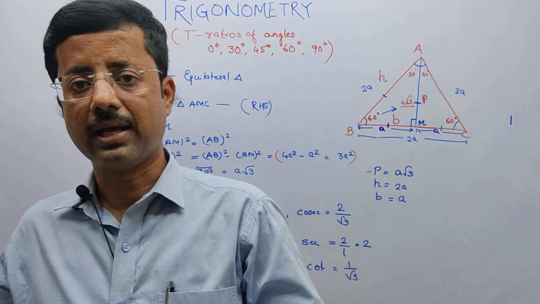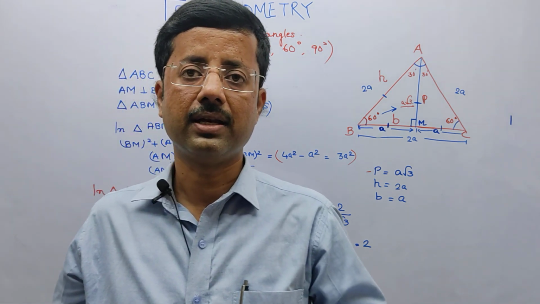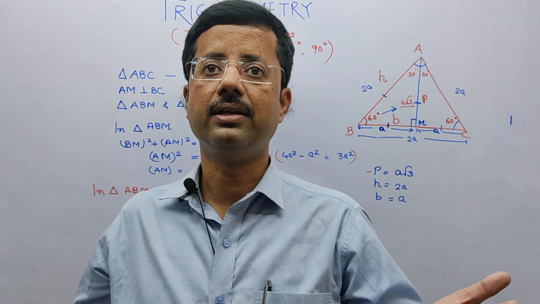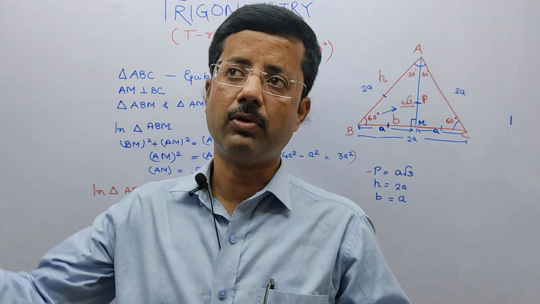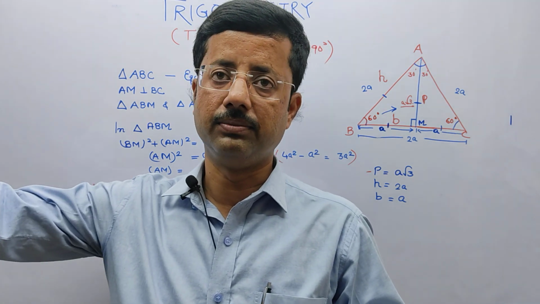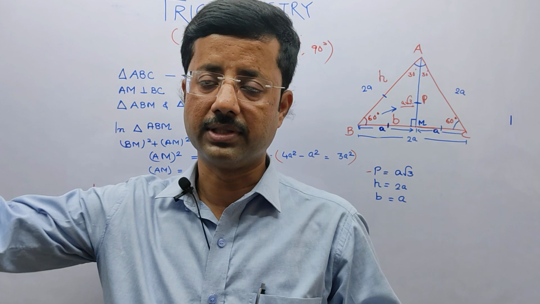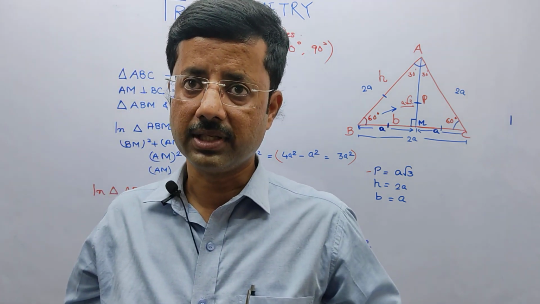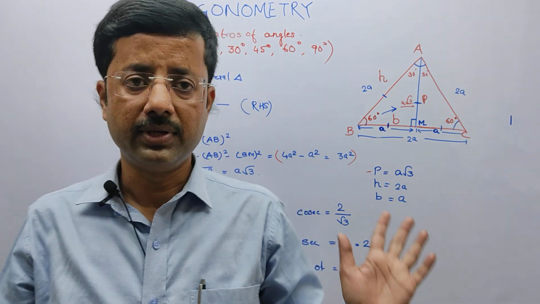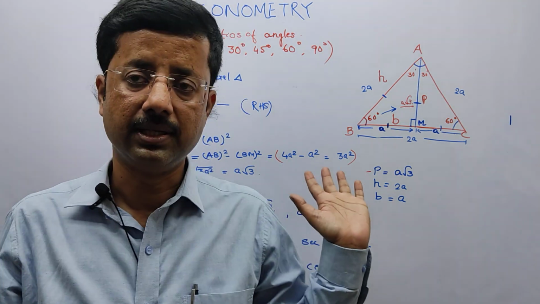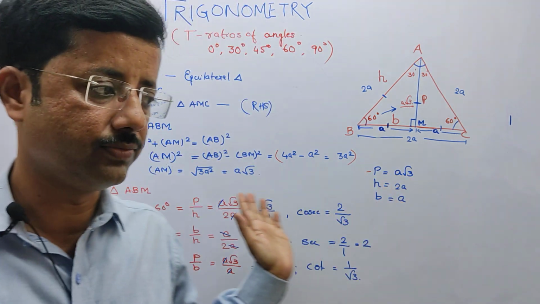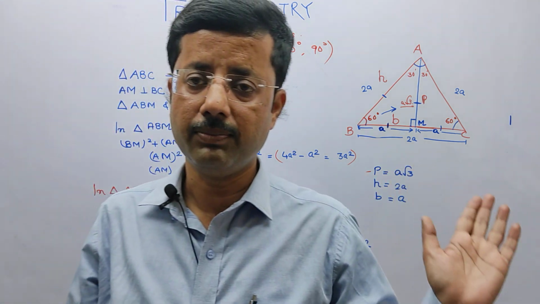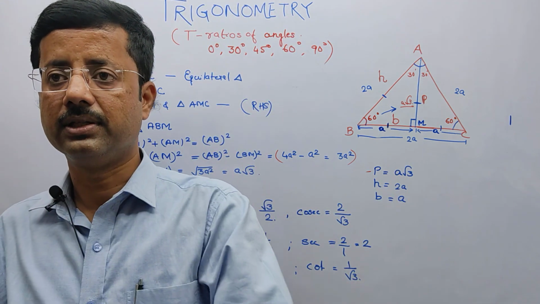To calculate the height and the base, we are imagining a very big triangle in the air, and that is the tip of the mountain. We are seeing it makes an angle of elevation. These questions we are going to do. So in solving such kind of a question also, we are using these important values which we have got here, and with the help of these values only we are calculating